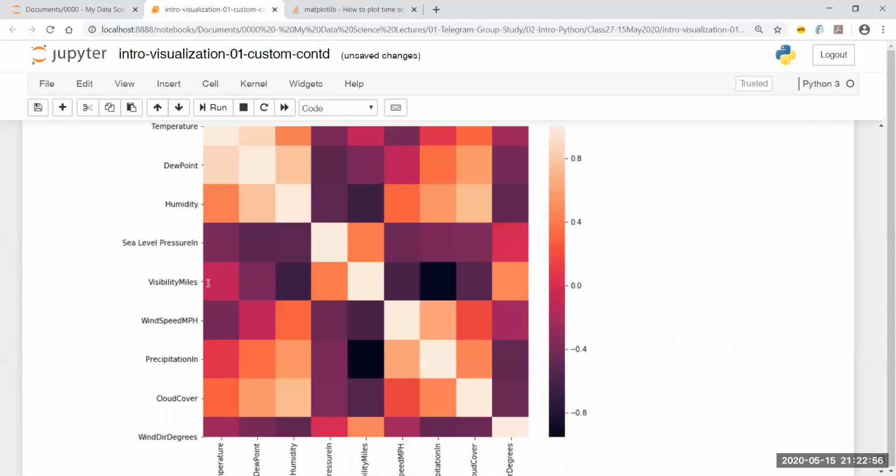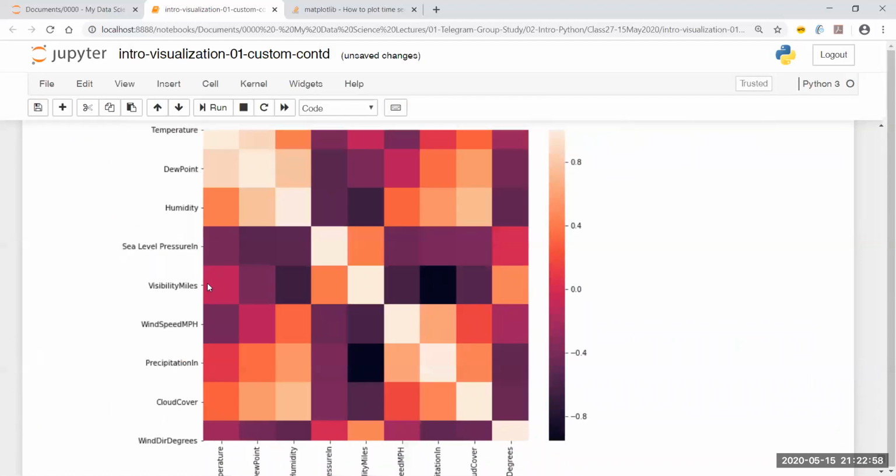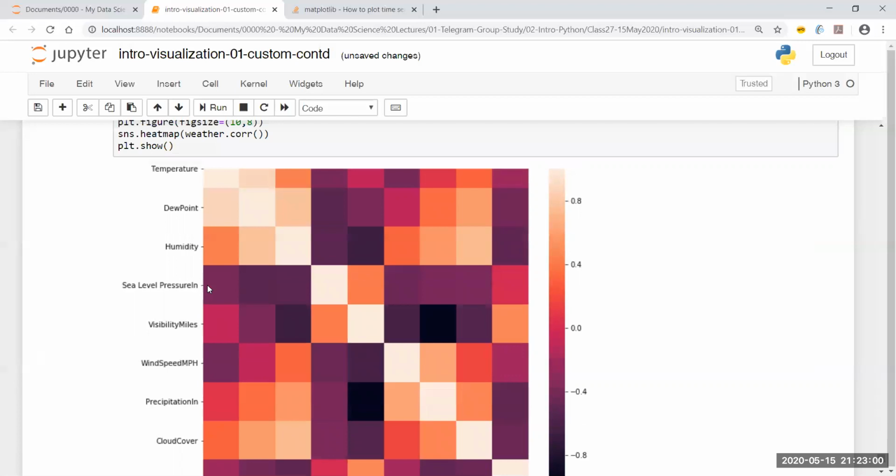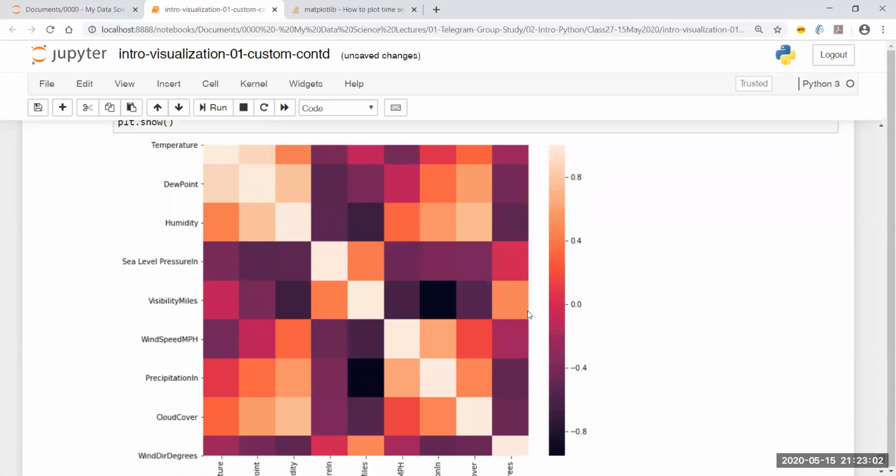Now the value is very clear. You see the diagram now. This diagrammatic representation is really very good. Anything which is dark in color has a negative correlation, very high. The color becomes dark, the correlation becomes negative. The color becomes light, the correlation becomes highly positive.